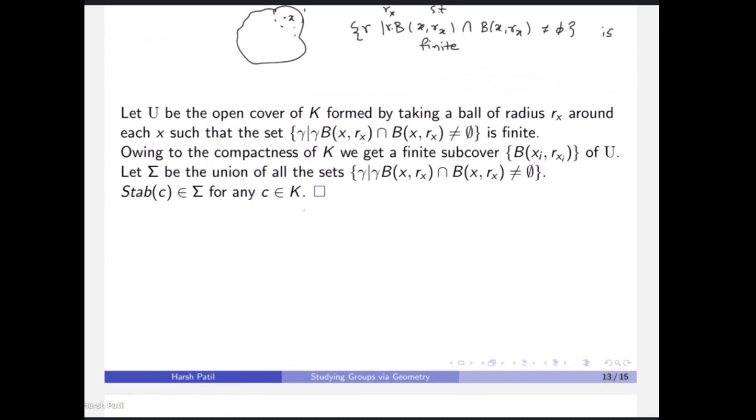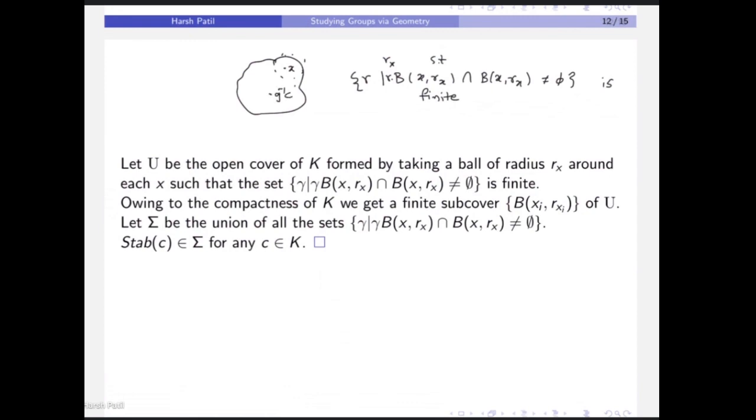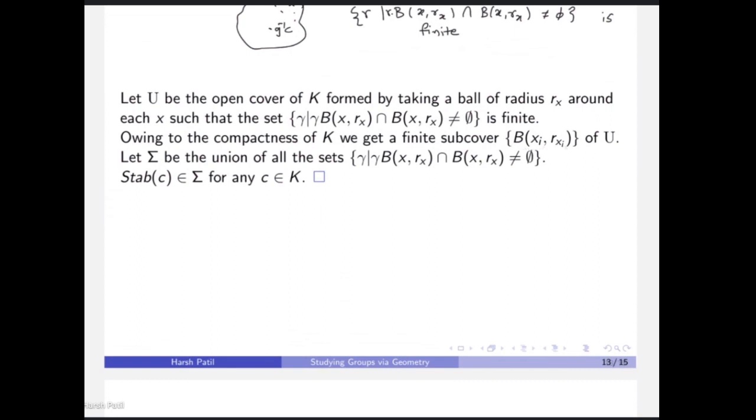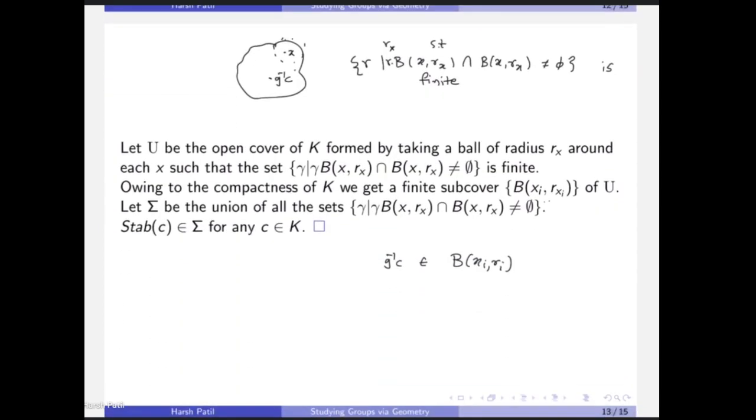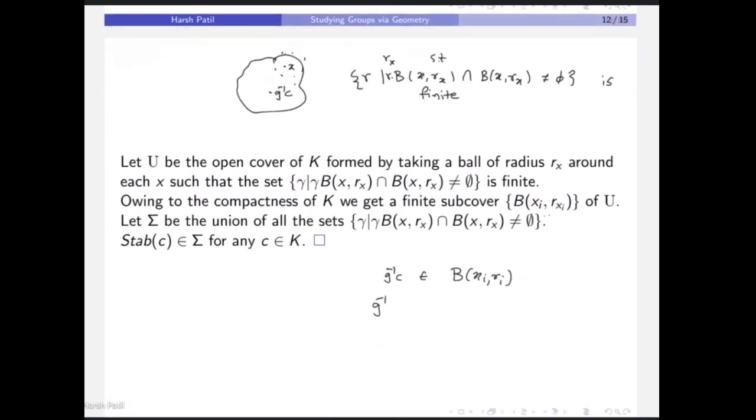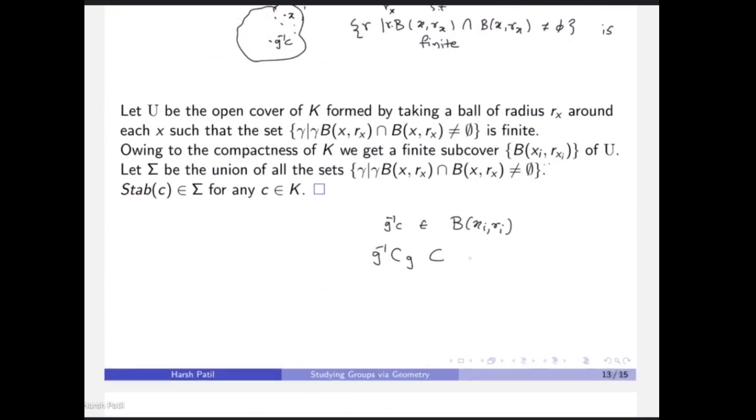So we get a finite collection of points x1 up to xn, such that this condition is satisfied. Our point that we were looking at, g inverse c, is somewhere in here. It belongs to one of these open balls in K. So let's say g inverse c belongs to B(xi, ri). Then the subgroup that we were looking at, g inverse C g, is a subset of